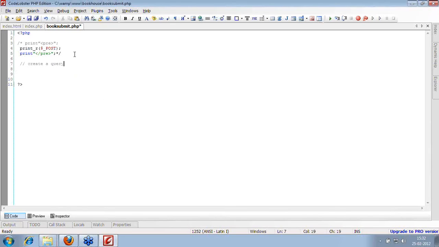create a query. Okay. Now here, the first thing I need is to connect to my database. I can directly write the connect statement here, but when you are using a web application, a big system, you should have libraries of your different required functions.